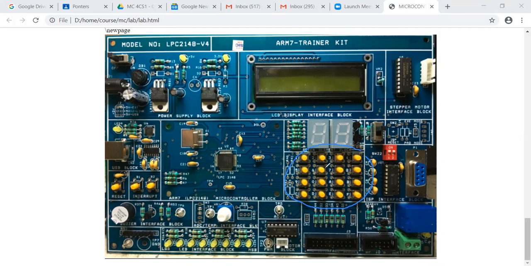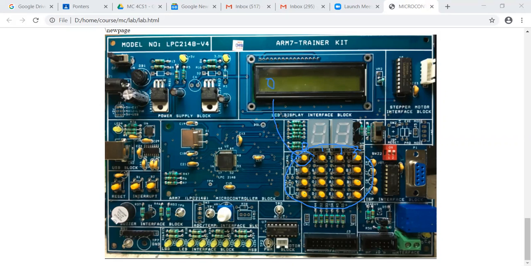And the digits are marked on the switches. So we have to count starting from 0. This is 0, 1, 2, 3, 4, 5, 6, 7, 8, 9, A, B, C, D, E, F. So when you press one of these characters, 0 is the first switch and it should display 0 over there.